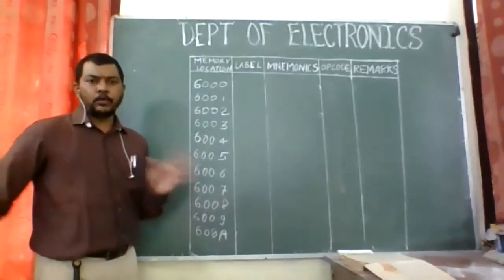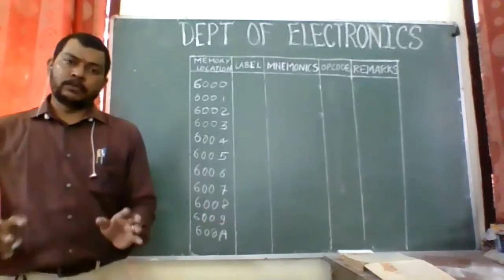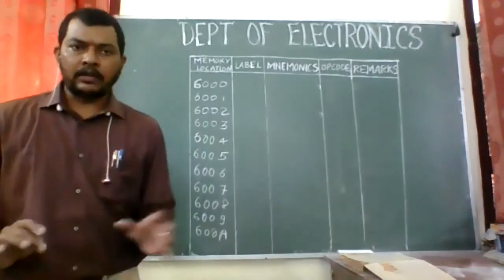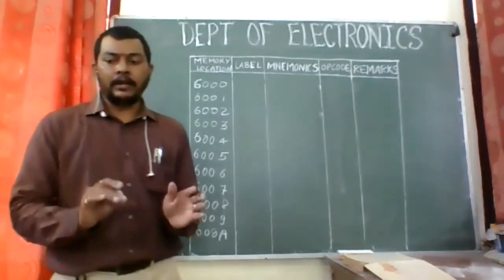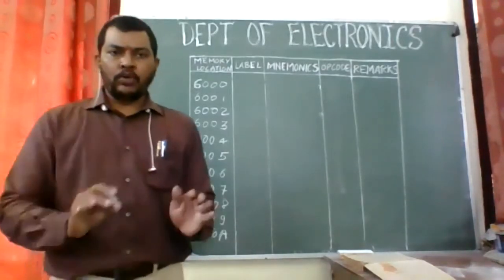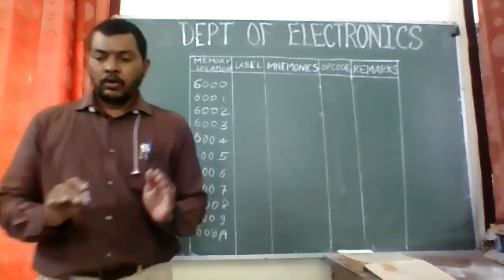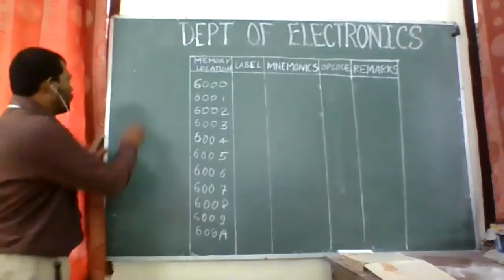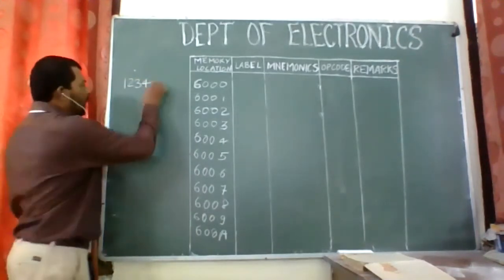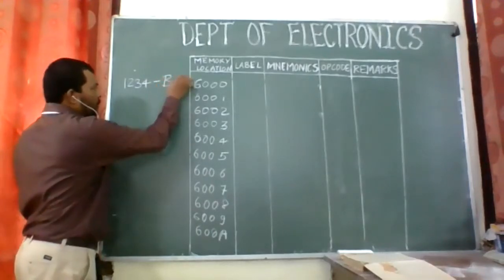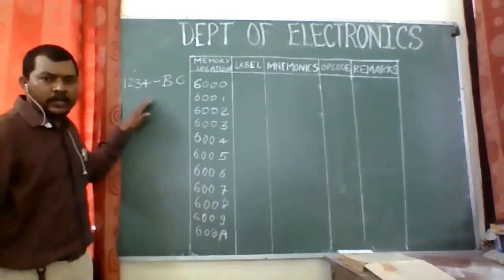Yes. So the next program that we have to do is, again, a data transfer group of program, in which what we are trying to do is use the register pair BC and register pair DE. So the program is: write an ALP to store 1, 2, 3, 4. So this is the data 1, 2, 3, 4 that we are supposed to store in register pair BC. So register pair BC में हमको 1, 2, 3, 4 ये डेटा भेजना है.